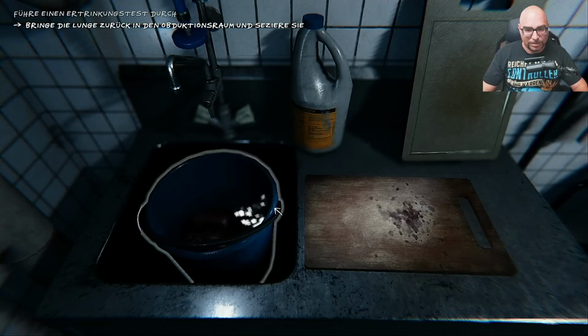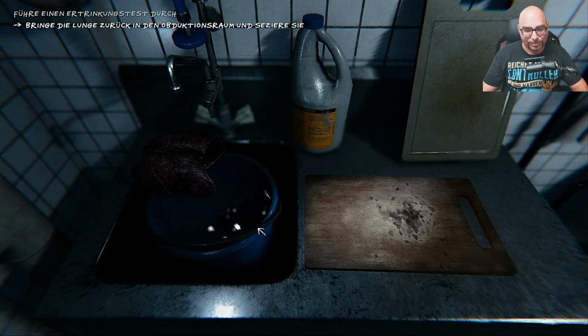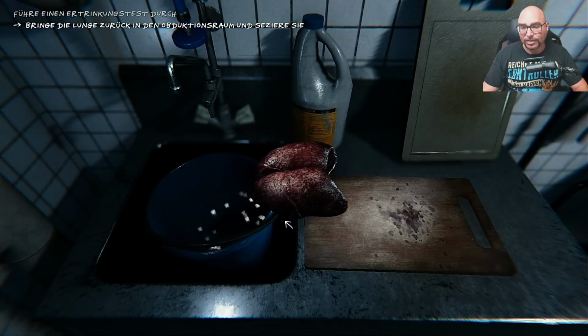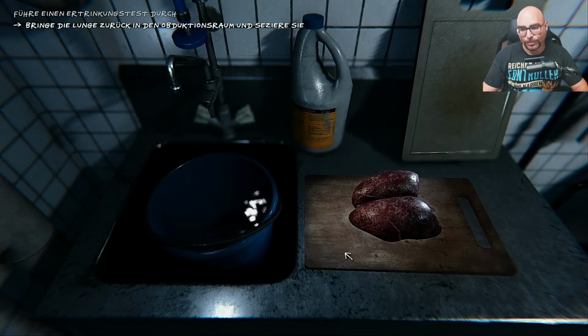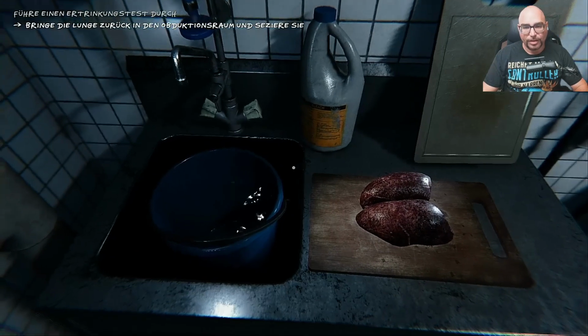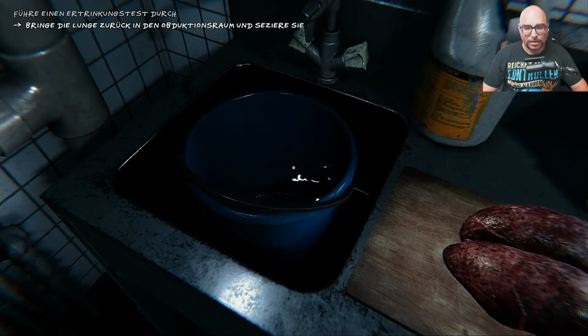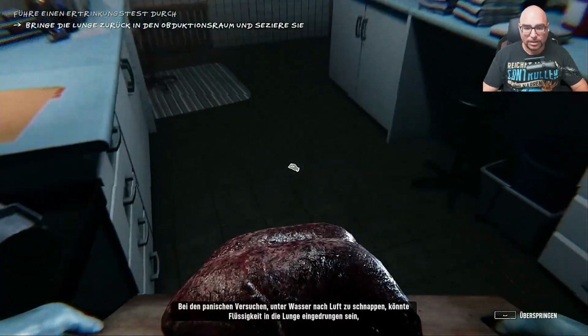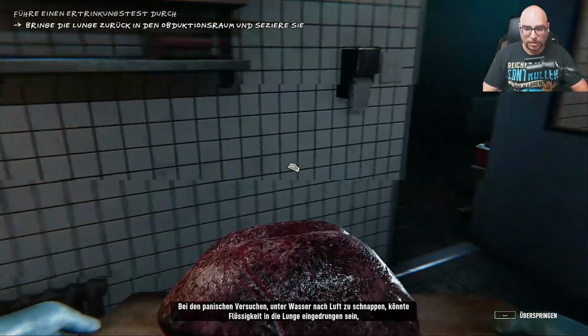Fluid could have entered the lungs during panic attempts to catch breath underwater, but it could also